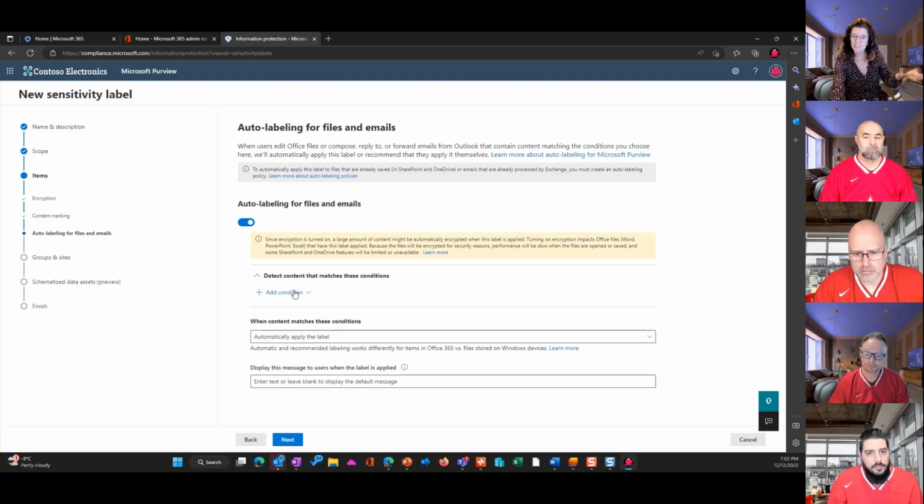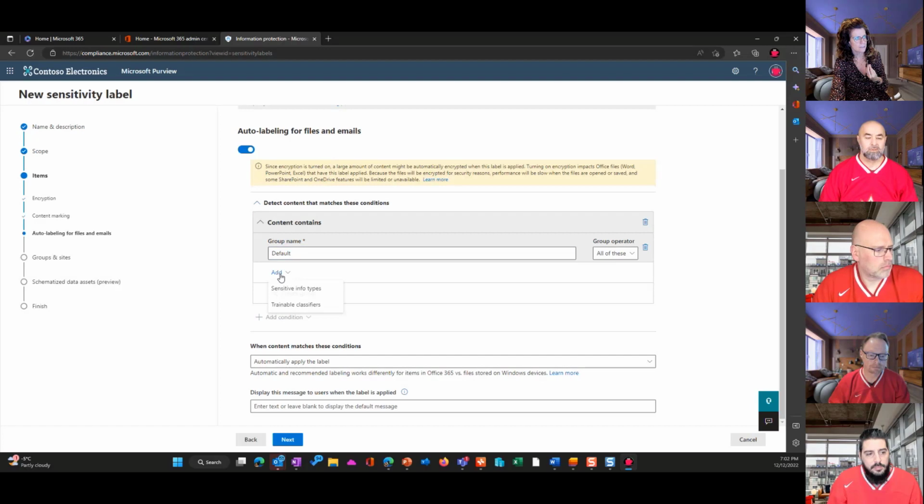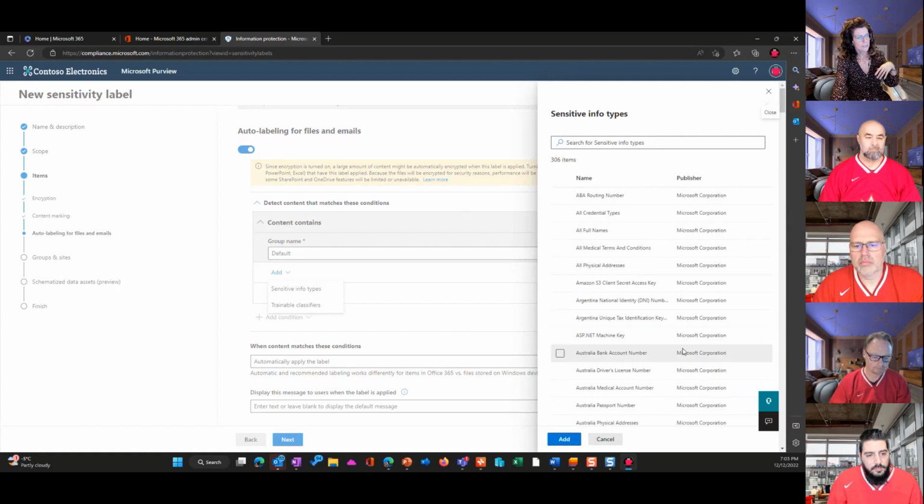And you say, well, what kind of condition has to exist in that document for you to automatically apply this label? And I'm going to say content contains, and as you can see, the same sensitive information types that are defined in Microsoft Purview, 300 and plus some of them, are the same sensitive information types that you can use here to automatically or recommend a sensitivity label. And you can use trainable classifiers as well. So I'm just going to pick sensitive information types,